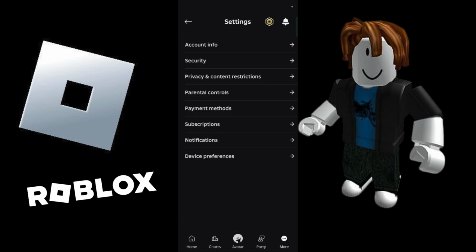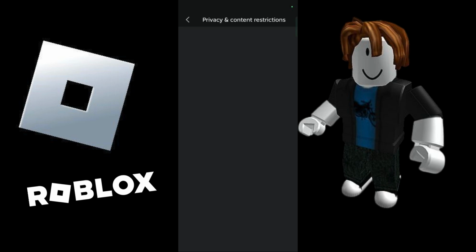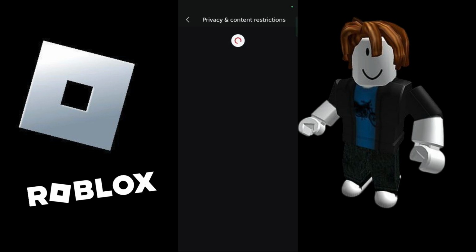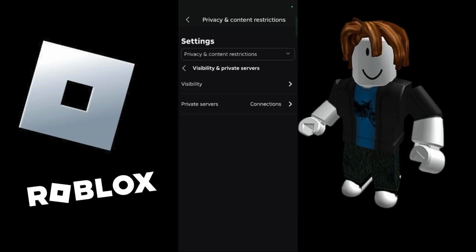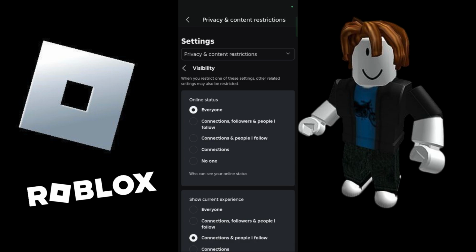Now in this menu, you need to click onto privacy and content restrictions. So once you do that, it will open a new page. Now in this page, you will need to click onto this visibility and private servers. So once you do this, you again need to choose visibility from here, and from here you can see